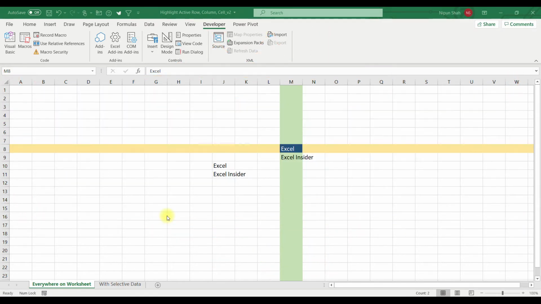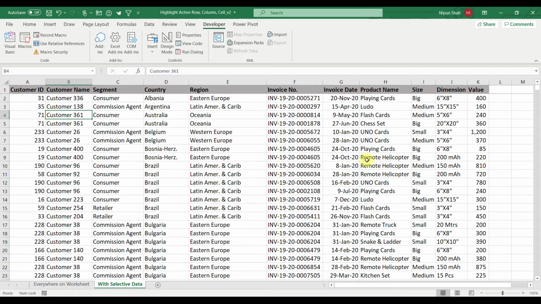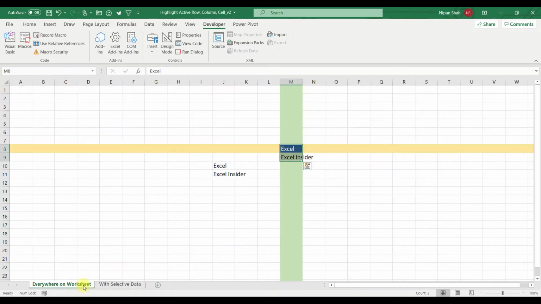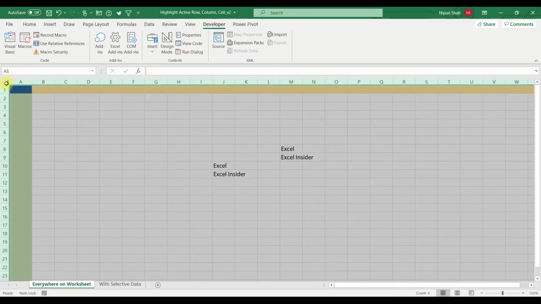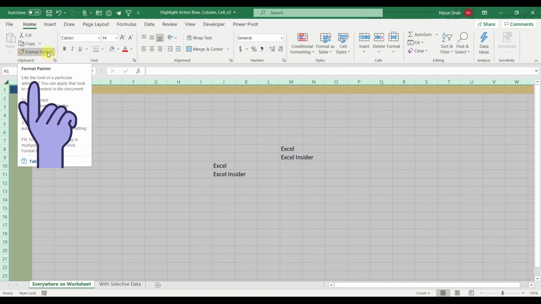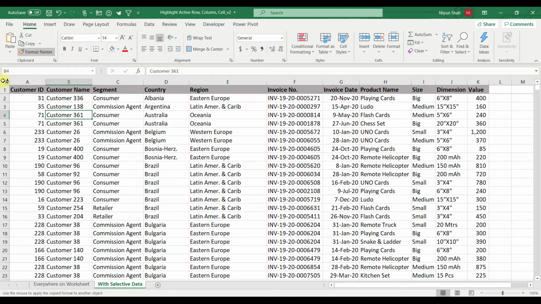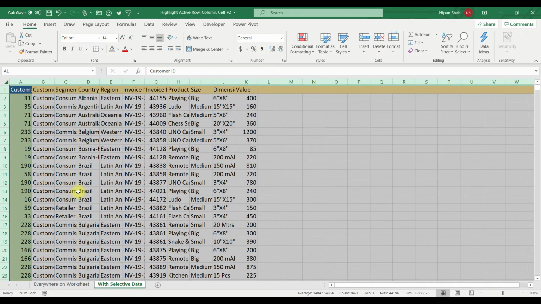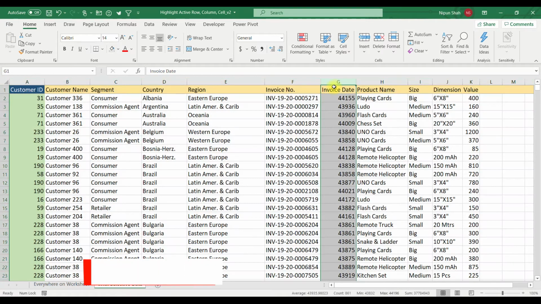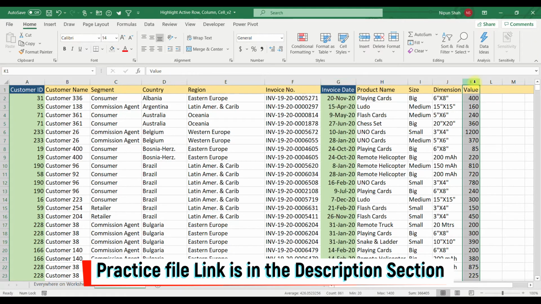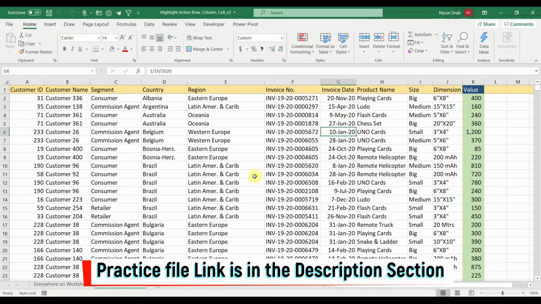Guys, now I will show how you can apply the same formats on your other worksheets. For example, here I have a worksheet where I have mentioned so much of data and I want to copy the formats to this worksheet. For that, go to your earlier worksheet, select the worksheet, go to Home tab, copy formats, go to your new worksheet and apply the formats. Now resize the column, reformat the dates, reformat the numbers, and that's it.